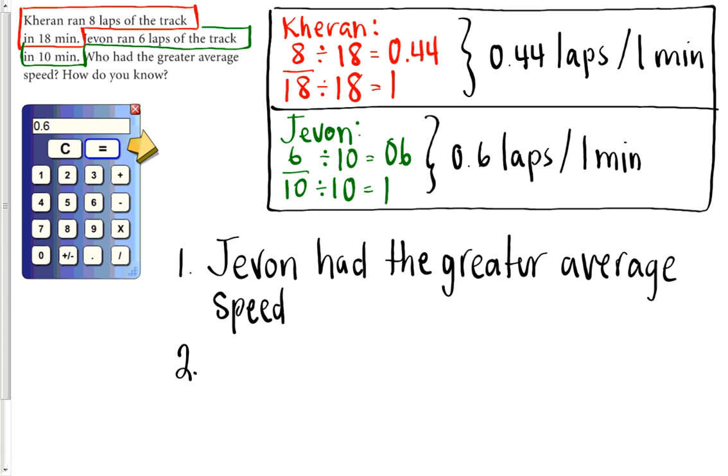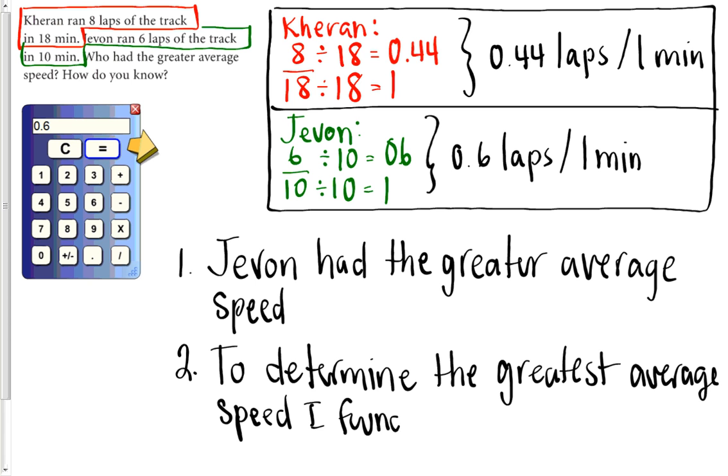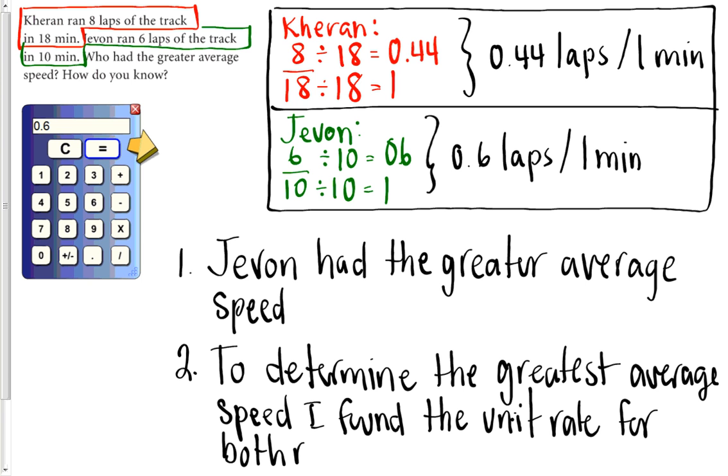So who had the greater average speed? We've answered. How do we know? To determine the greatest average speed, I found the unit rate for both runners. And I can see that you found the unit rate for both runners because it's evidenced right here